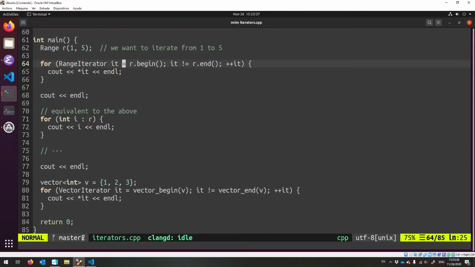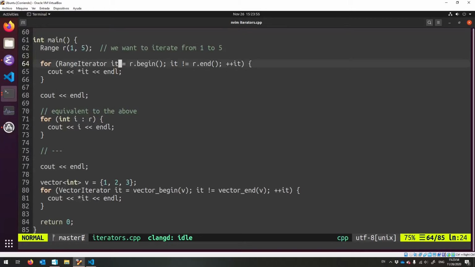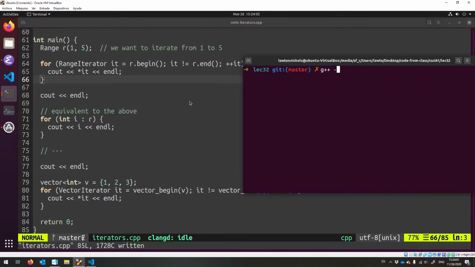So now I have range iterators, a range between the beginning of R and don't go past the end of it, and advance it every time you loop, and star IT will print the 1, the 2, the 3, the 4, the 5, because we're ranging through those values. Isn't that fun? So if I show you the output of this program,